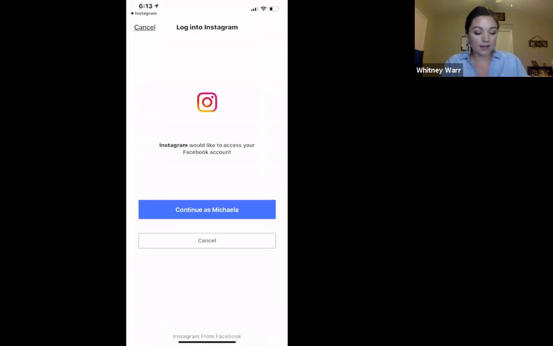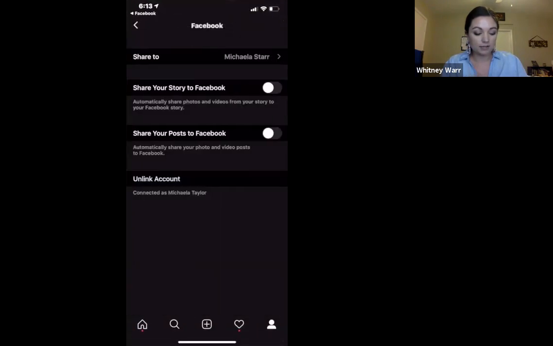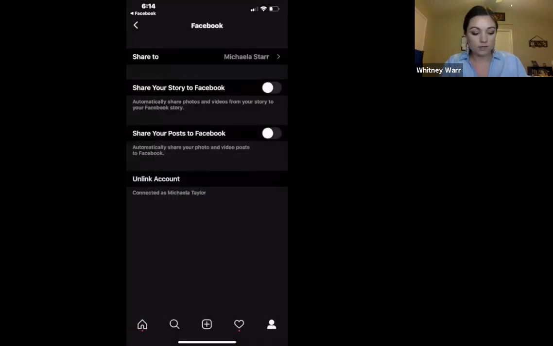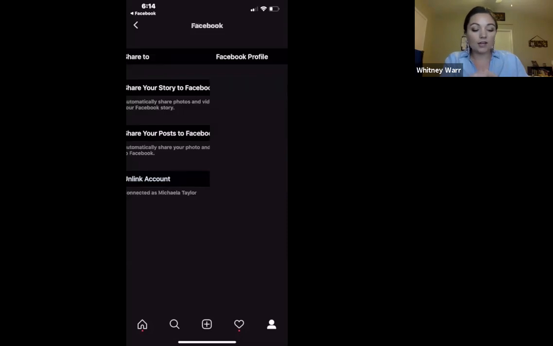Open my Facebook. It's going to log in, let it have access to it. And you can start sharing to Facebook. I don't want to, so I'm just going to say not right now. Now it gives you the option on the top. It says share to. And you can click that, and you can choose your Facebook profile or like your business